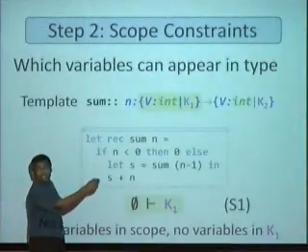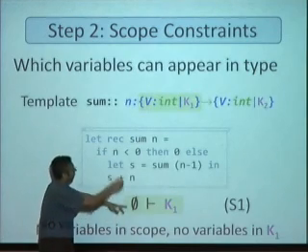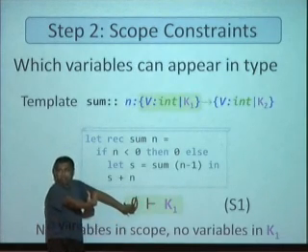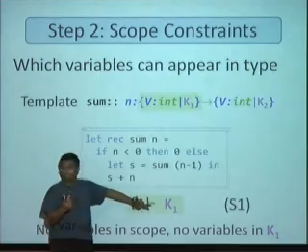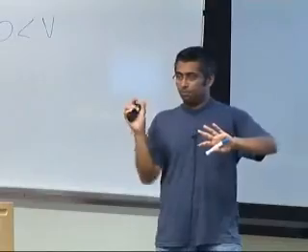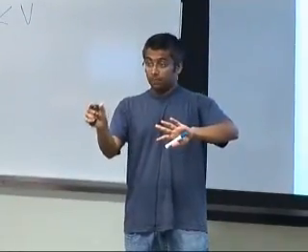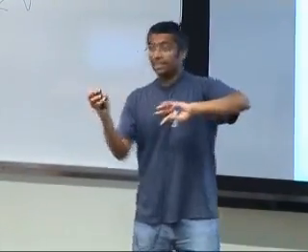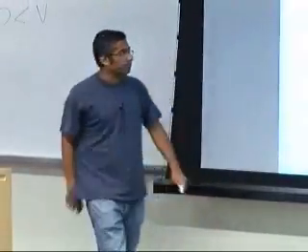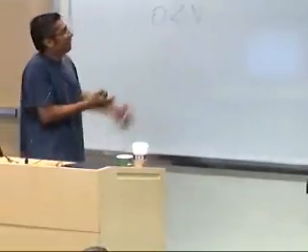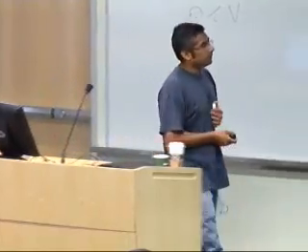In fact, not just v, it also depends on what the type of v is. So you would say there's a v that's an integer in the environment at the point in time when you check if k1 is defined. If you really want the gory technical details, what happens is you take all the variables and you plug in a predicate and you say, is this predicate a Boolean valued predicate in the environment where all the other variables are defined to have these types? And so v is allowed, and v greater than 0 is a Boolean valued predicate, and so this would be allowed. Okay, very good.